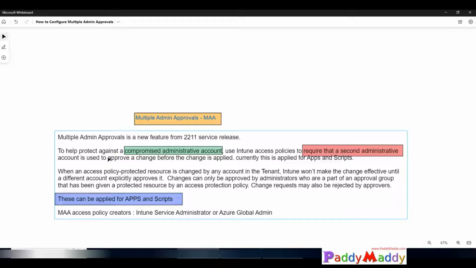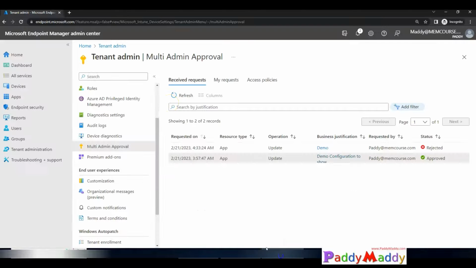In this short lecture, we will be learning about multiple admin approvals. In short, we also call it MAA. This is a new feature within the Microsoft Intune portal. What it does is basically, if you go back to the tenant administration, you have an option called multi-admin